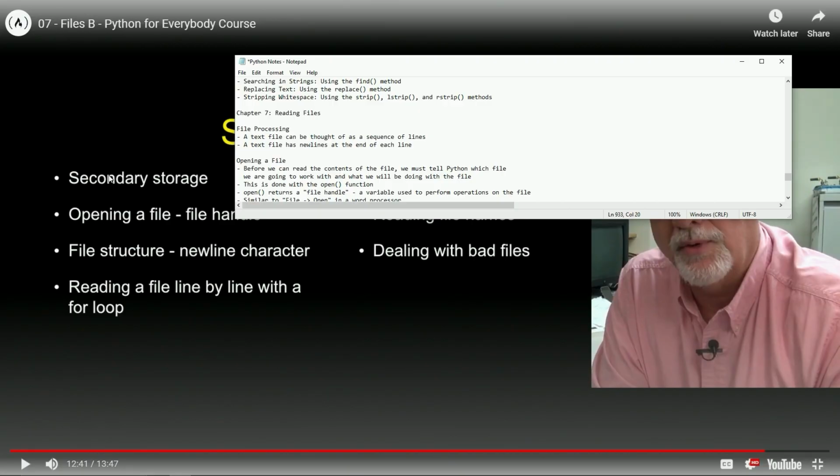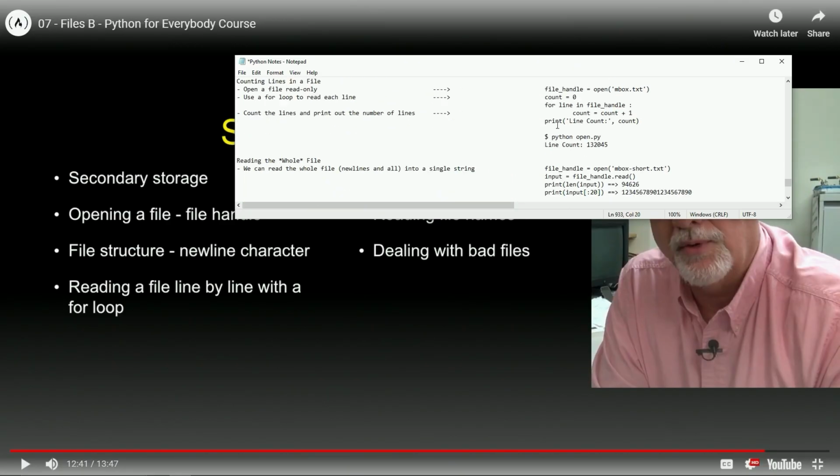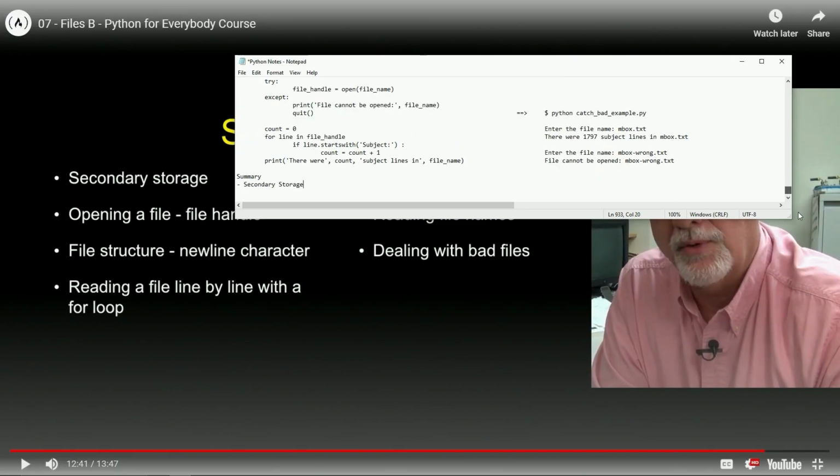I think that's what that's talking about. So let's say the hard drive. I don't think there's anything else to that. The hard drive. Okay.